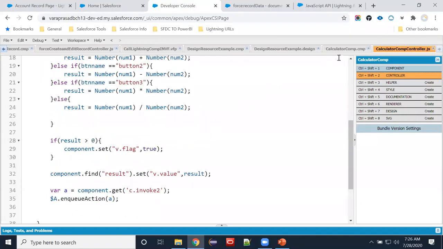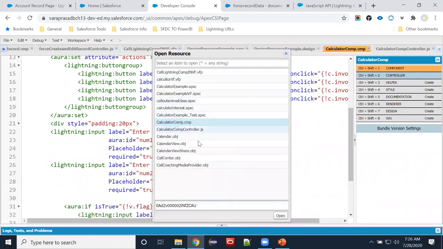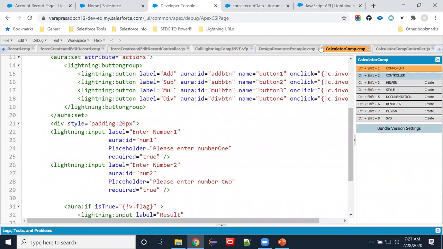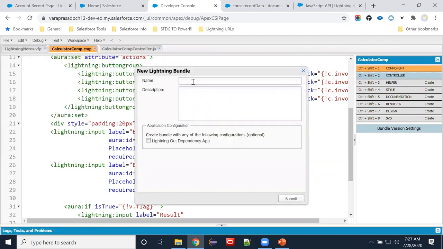Now if we call this calculator component, is there an app? No app is there. We'll see. I'll call this component. File, new lightning application, calculator app.